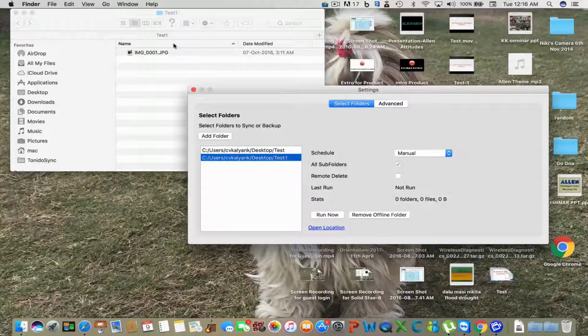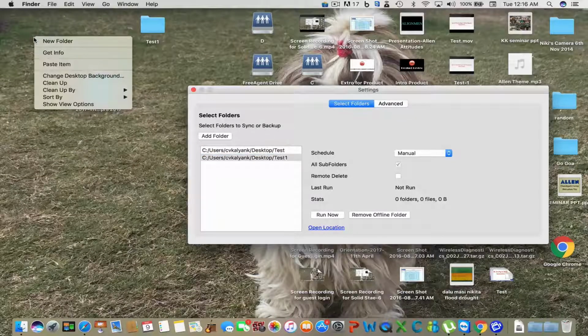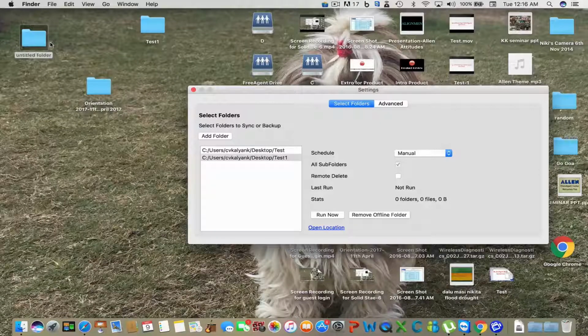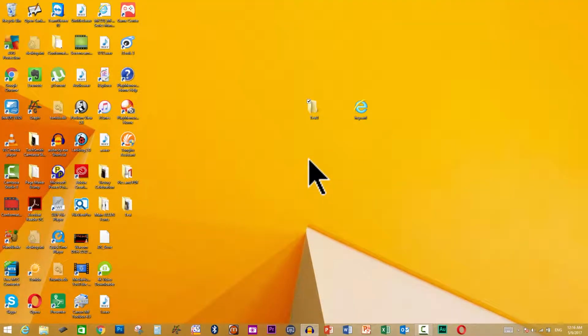Now what I'm going to do is test 2, new folder, test 2, and let's move to PC, computer 1, and create test 2.